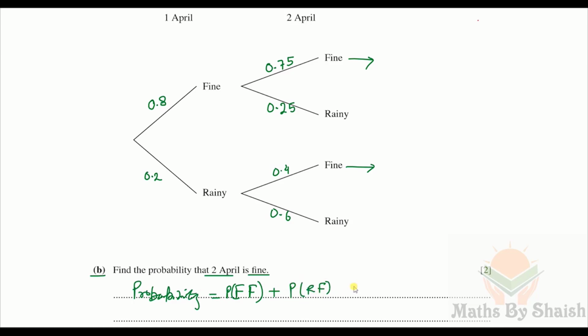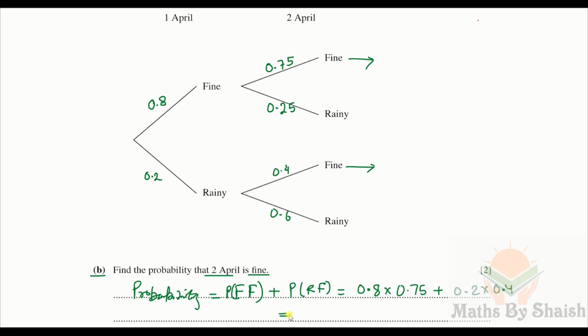So on 2nd April it would be fine day in this way. So the probability becomes 0.8 into, we'll multiply the probability of the branches, 0.75 plus 0.2 into 0.4,